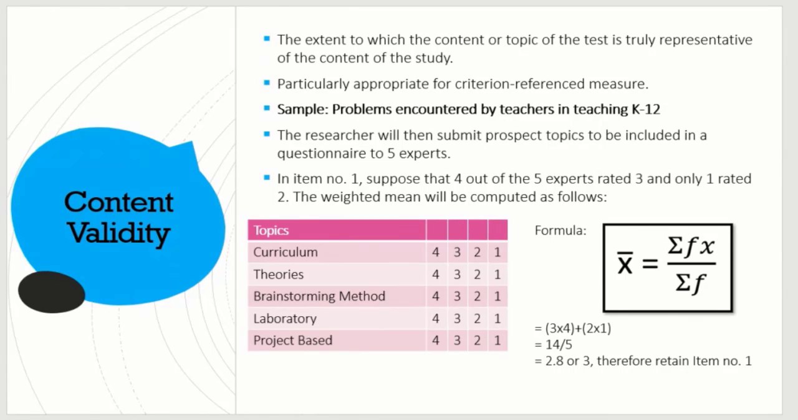So this is a type of validity test. We have actually 4 validity tests here: content, concurrent, predictive, at saka construct. Content validity is again the extent to which the content or topic of the test is truly representative of the